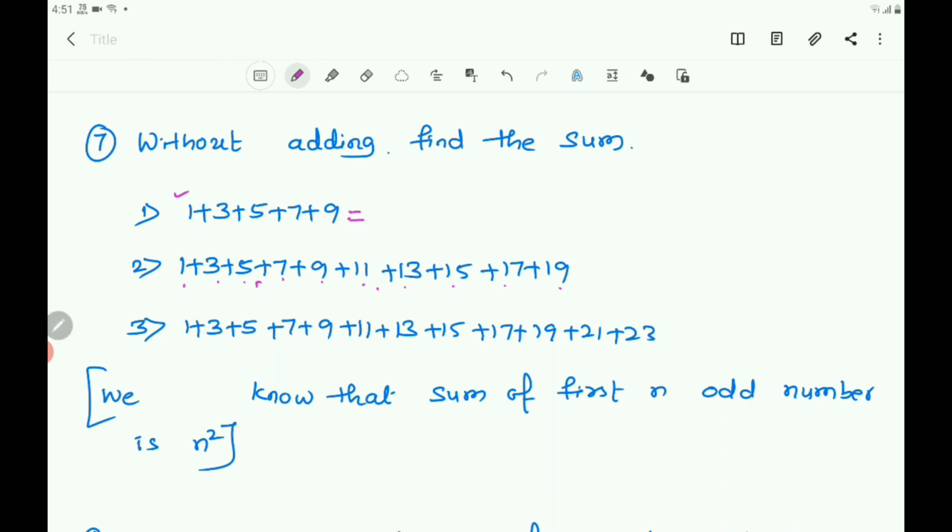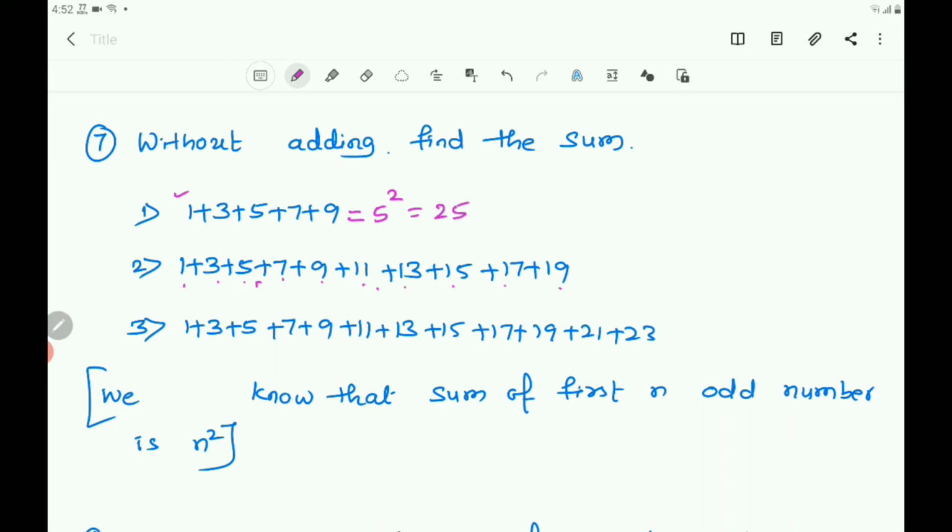So you write here there are 1 2 3 4 5. There are 5 odd numbers. They are the first 5 odd numbers. So you can write 5 square. 1 plus 3 plus 5 plus 7 plus 9 equals 5 square, that is 25. Next one,